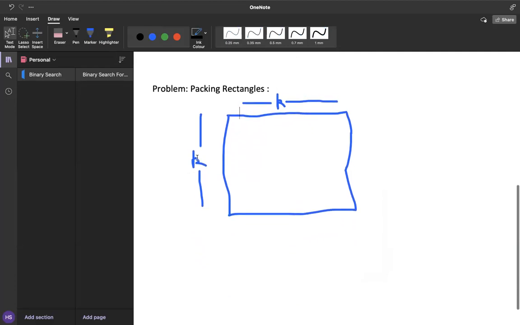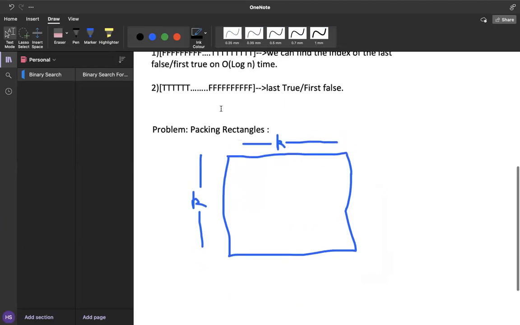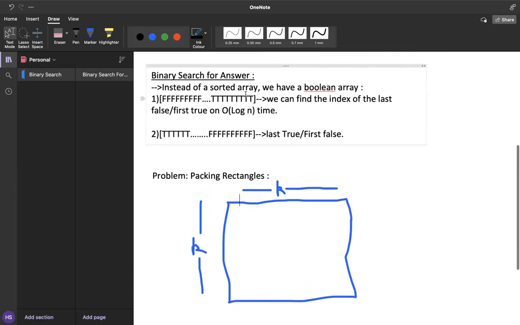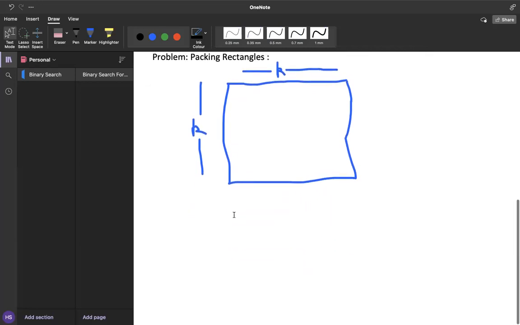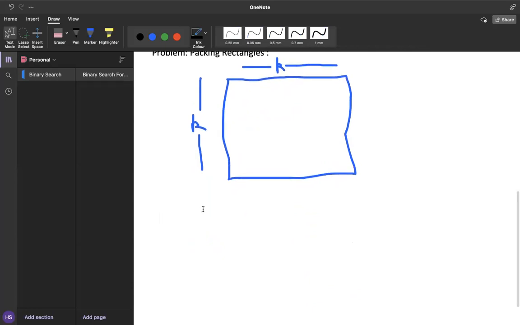Okay, and of course, since this is a class for binary search, we are going to use some kind of binary search to solve this problem. And this is a case of the first kind where we will have a situation of FFF and TTT. Let's see how I'm relating this to binary search. We have to find the minimal value of k such that a square of dimensions k into k can fit all the rectangles. But the observation here is,